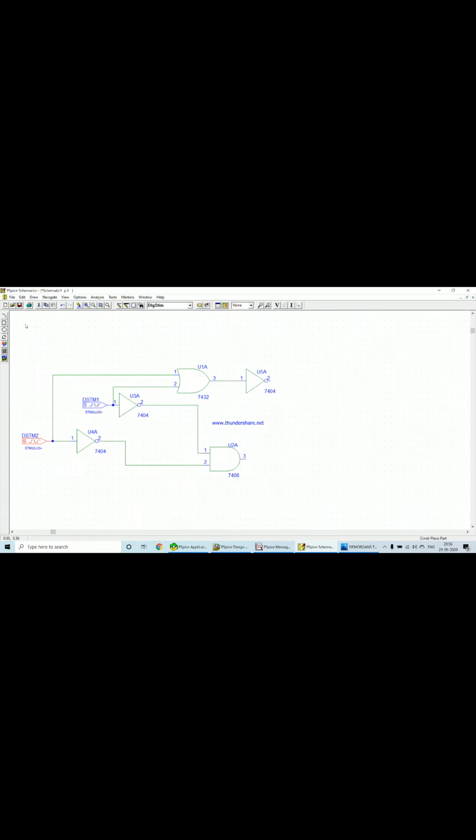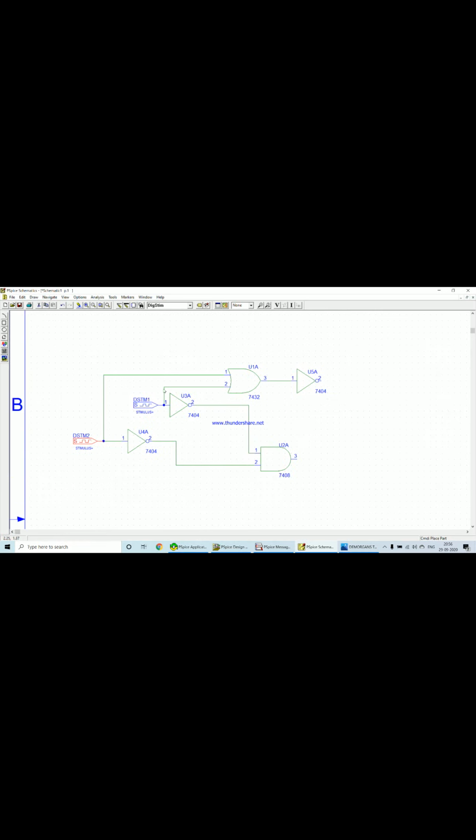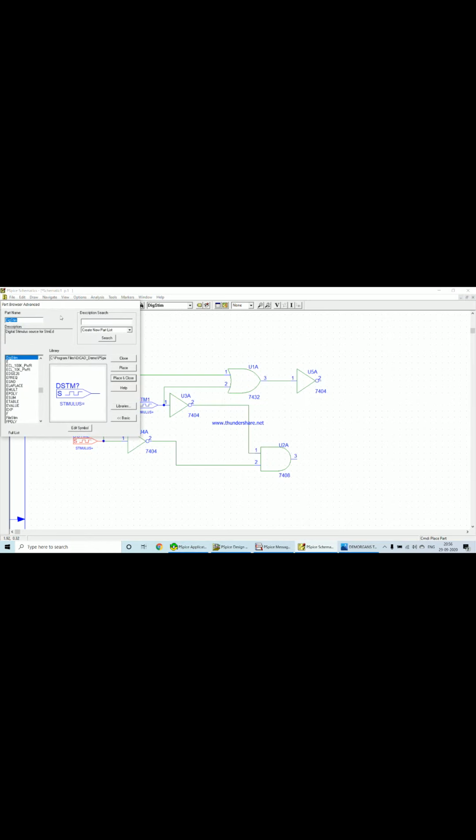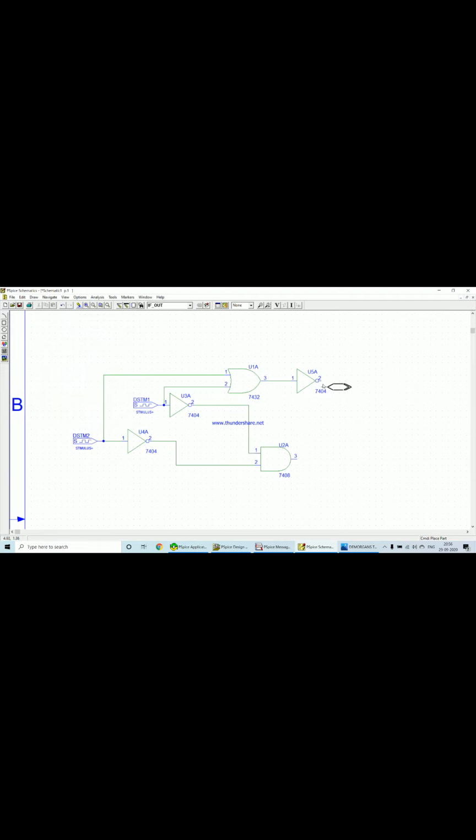This is the zoom button on top, plus symbol. What you can see, that is the zoom button. So therefore, you got this. Now I need to place the output device here so that I can see the output waveform for both this NOT gate output and this one. So the output device is IF_OUT. I will place this for one output, which is A plus B the whole bar, and for the other output, which is A bar and B bar.